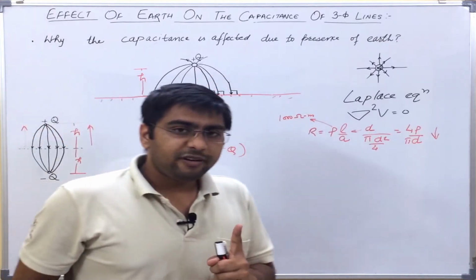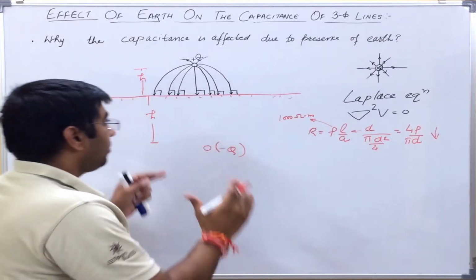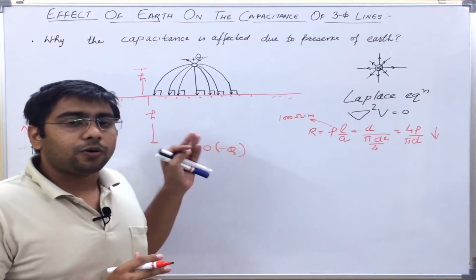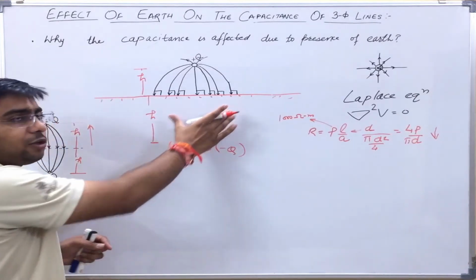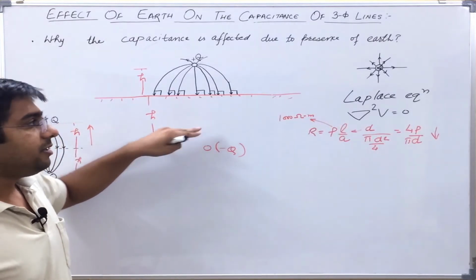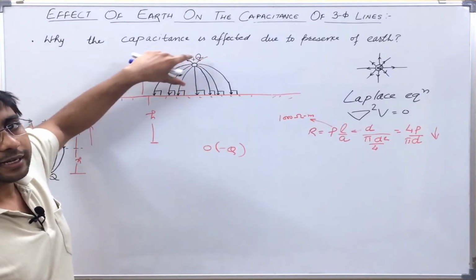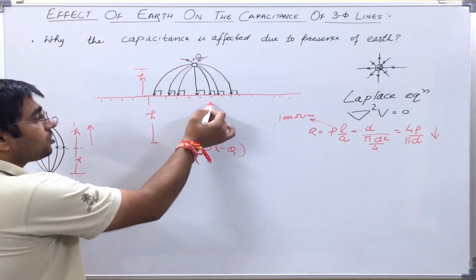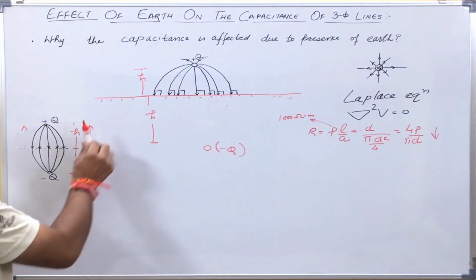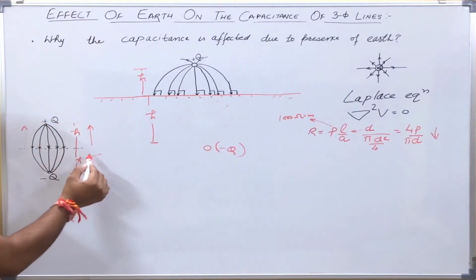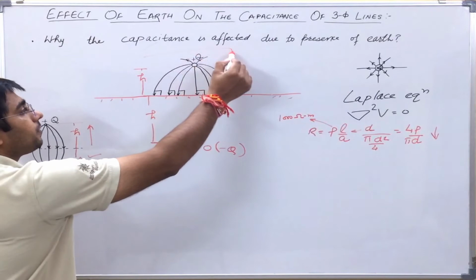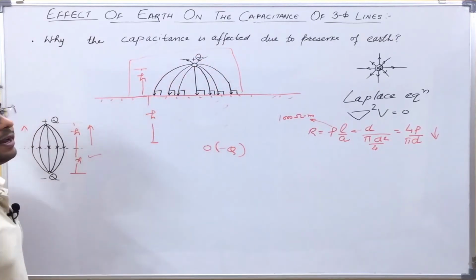But note that the electric field line pattern does change below the plane, although we will not bother about the field lines below the plane. We just need to know the pattern above. Earlier there was no electric field below because it was a perfect conductor. Now here there are field lines. So this proves that this image method gives us the result only for whatever we do above the plane.